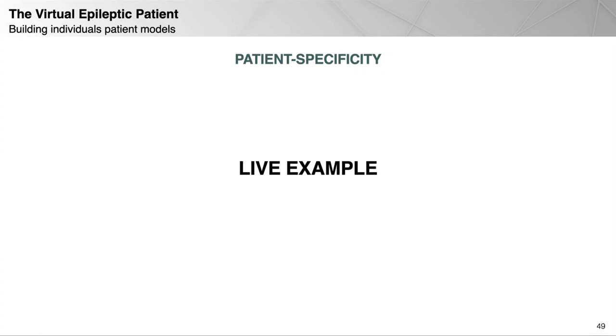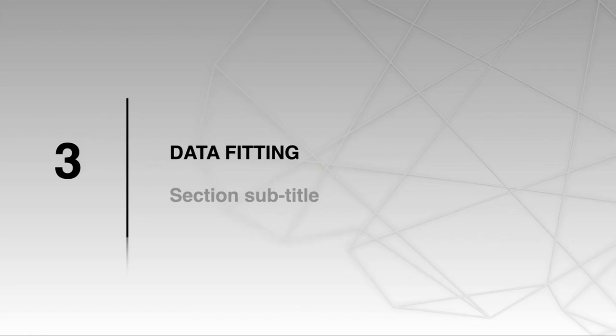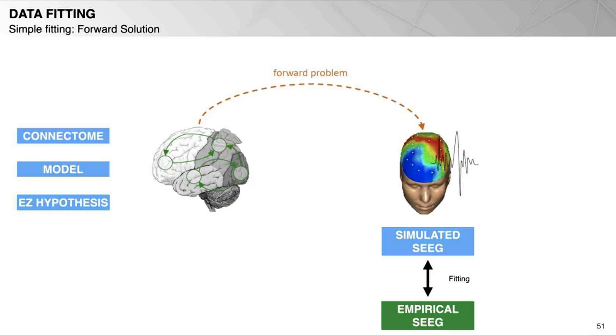So, okay, now we have a model. We know how to refine it based on the data of the patients. But what we want now is to compare and optimize our model to best fit the empirical data of the patients. So what we can do is to systematically scan and vary other parameters that we believe are relevant.